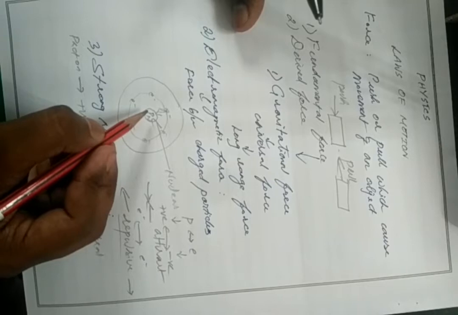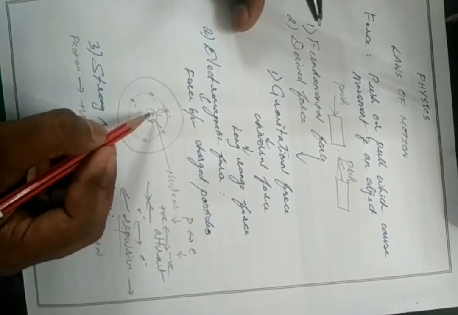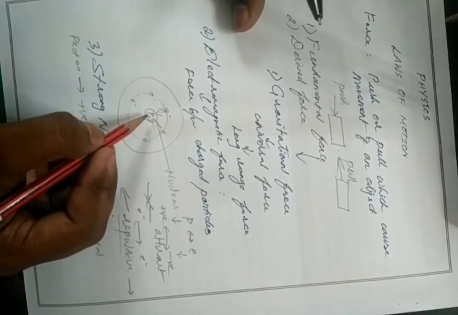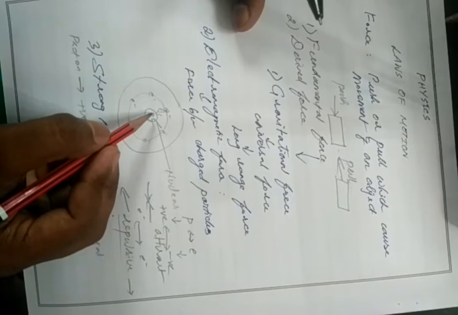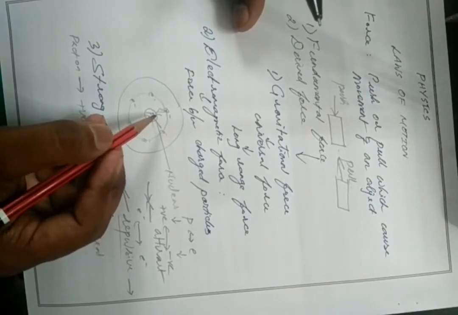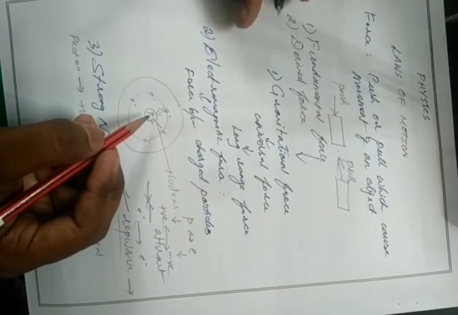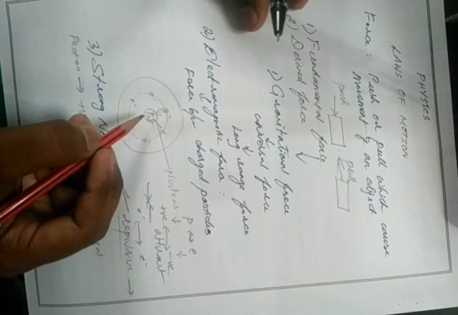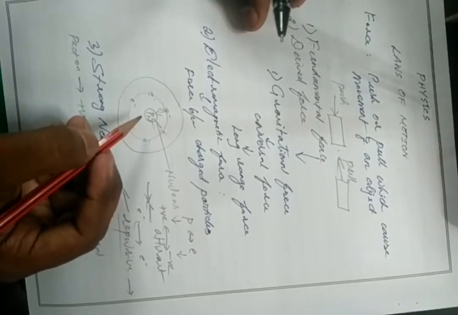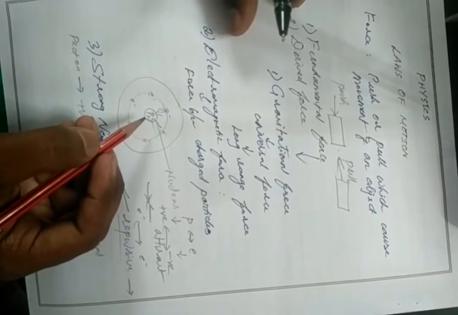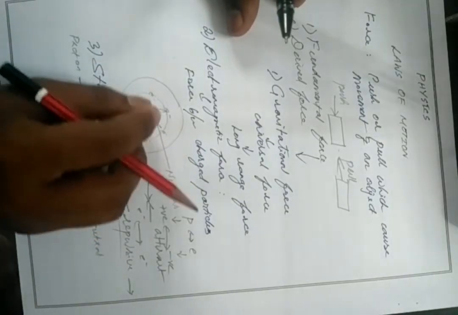We know the force between protons is repulsive. So inside the nucleus, if we have many protons, then what will happen? Repulsion takes place. If protons repel, the balanced condition of the atom will collapse. To resist that, some force acts inside the nucleus to hold all the protons and neutrons together. That force is known as strong nuclear force.